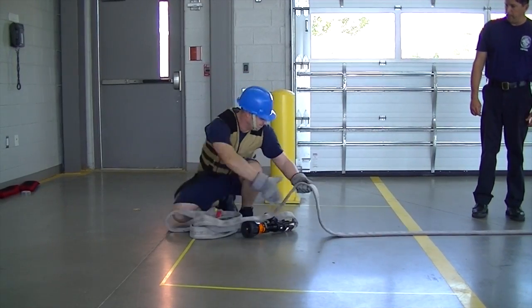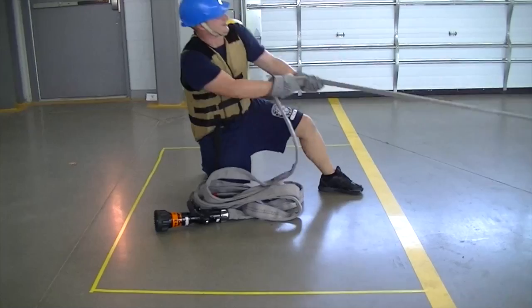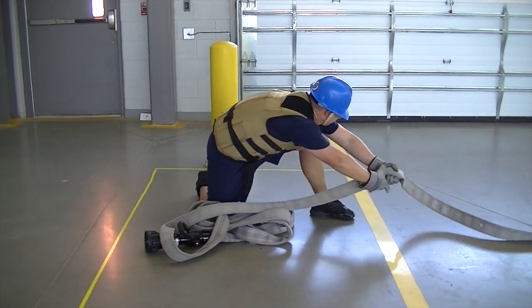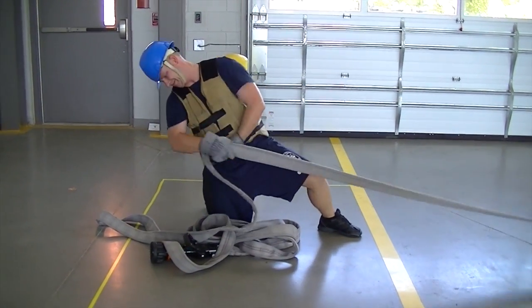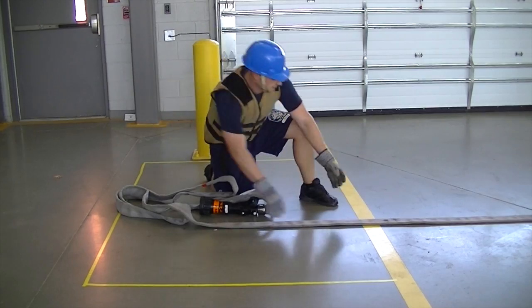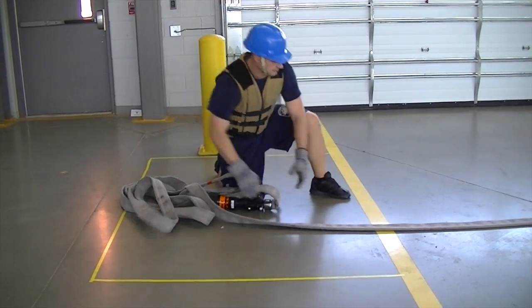Second, positioning yourself towards the back of the box does not leave room for error. Another negative habit is when the candidate moves their upper body forward and back, resulting in the candidate becoming more fatigued. Lastly, it is not recommended, but may be necessary for the candidate to drop the hose and use